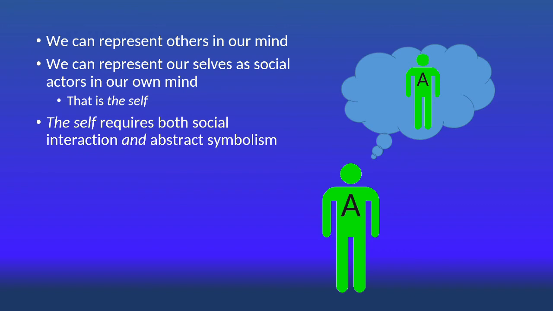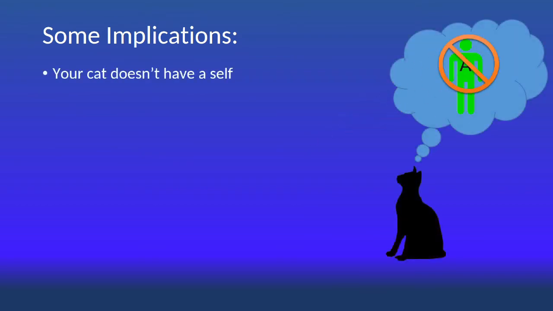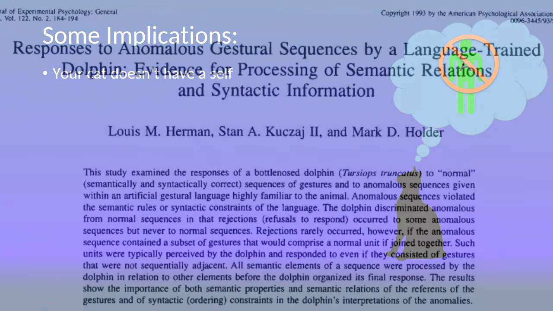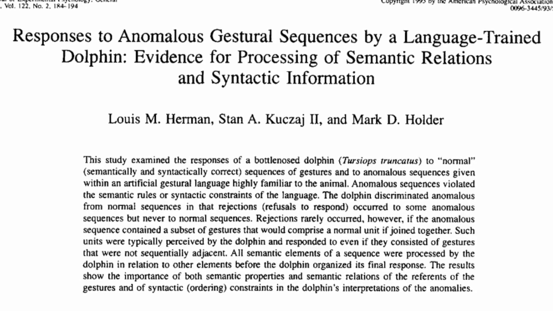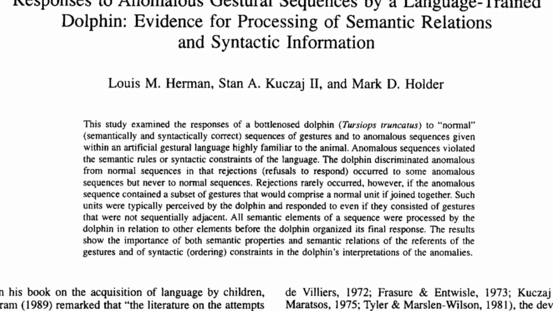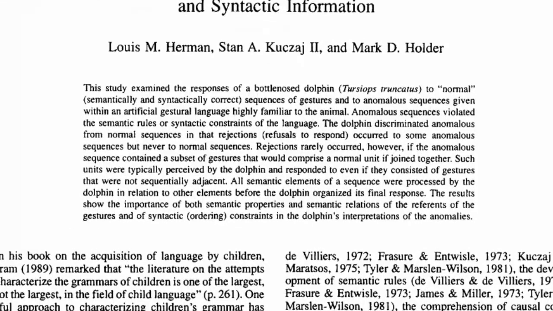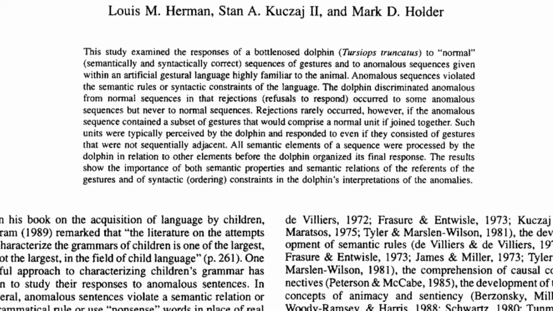Because the self requires both symbolic language and social interactions, most animals don't have selves. This is because most animals lack symbolic language. Actually, a diehard symbolic interactionist will tell you that no animal other than human beings has symbolic language, but I think that might be overstating things a bit. There is some evidence that dolphins, for example, can communicate with symbolic language. So while there's no proof that any non-human animal has symbolic language, I don't think we should be so quick